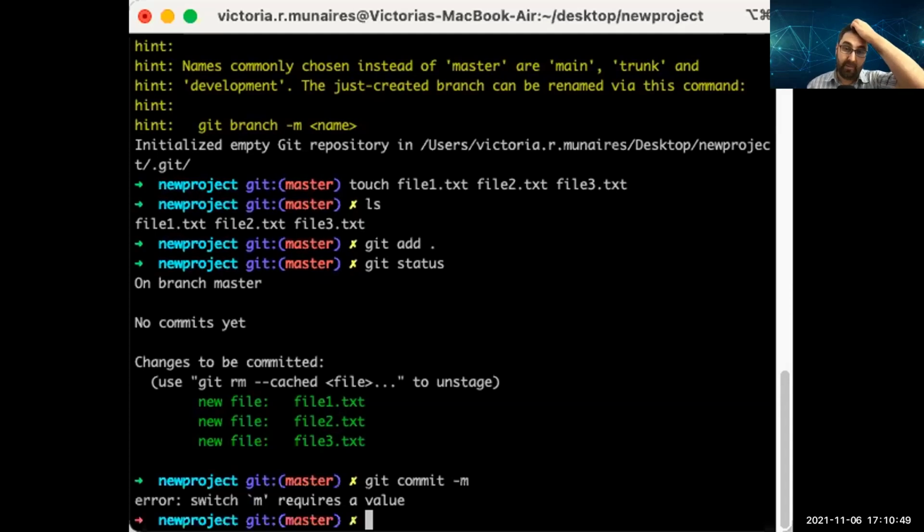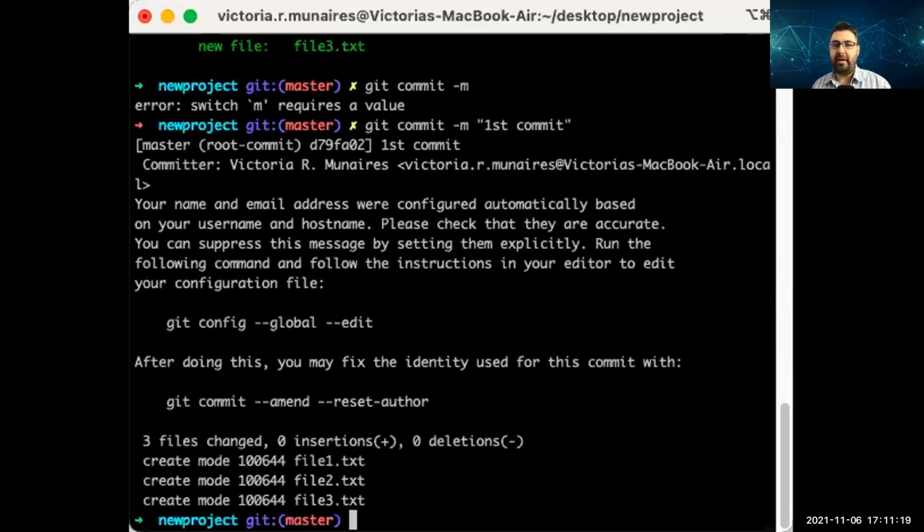After -m, we give a space, and then we write a sentence. So we add double quotes there, and now add your message. What did you do? It's your first commit. Let's say first commit here. And yeah, that's it. So enter. All right, all these 3 files have now been committed in your repository.